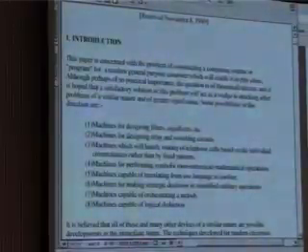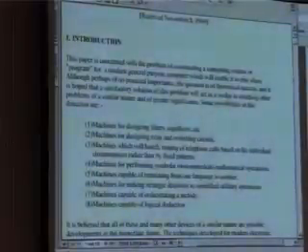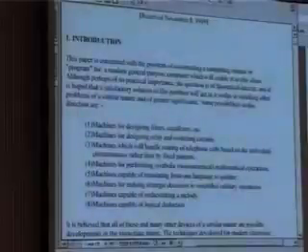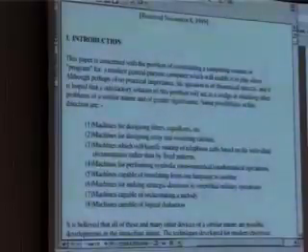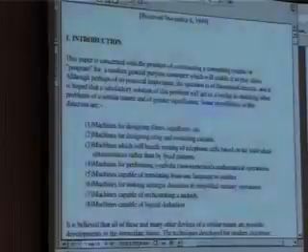Some possibilities in this direction are, now he counts what he thinks computers might do in the future. Machines for designing filters and equalizers, okay. Machines for designing relay and switching circuits. Machines which will handle routing of telephone calls based on the individual circumstances rather than by fixed pattern. This was one of the most important things. To teach a computer to play means that the computer must be able to decide. It must be able to decide which move is better than the other. And this is the groundbreaking idea, which is connected to this chess playing problem.